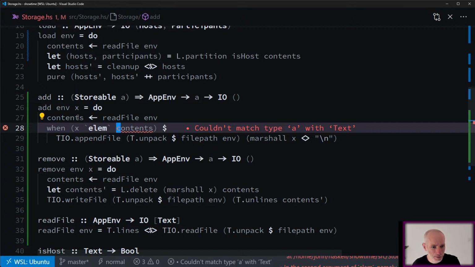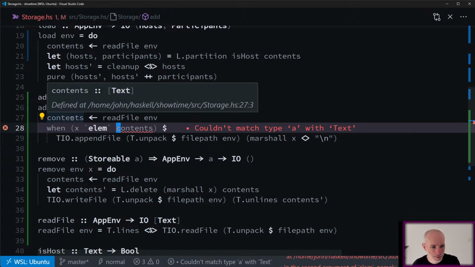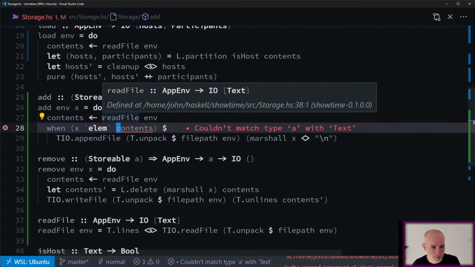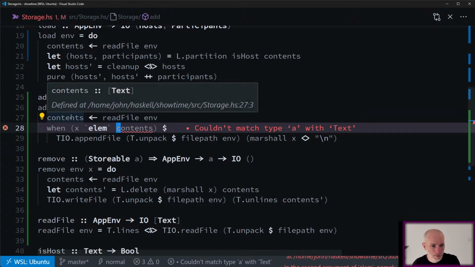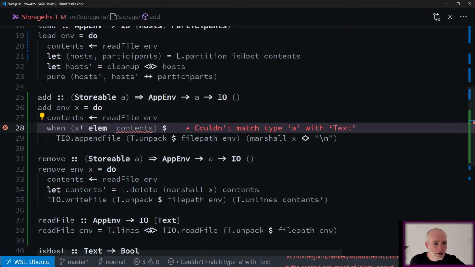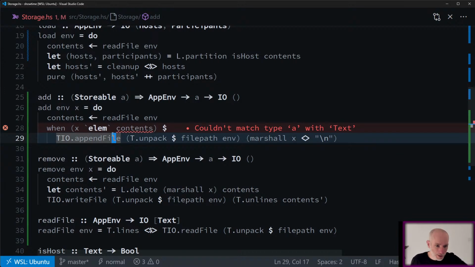Okay, contents. List of text. But X is a storable. Okay, so that's not what I want.